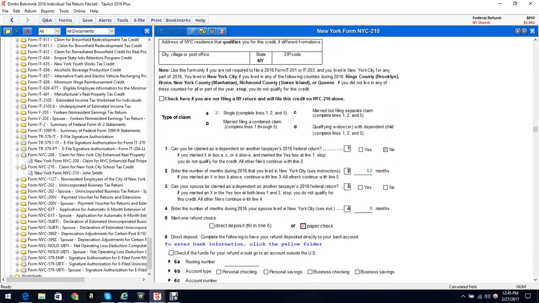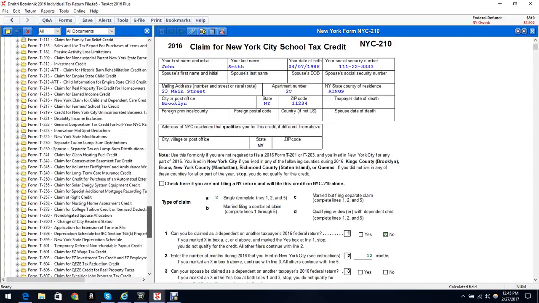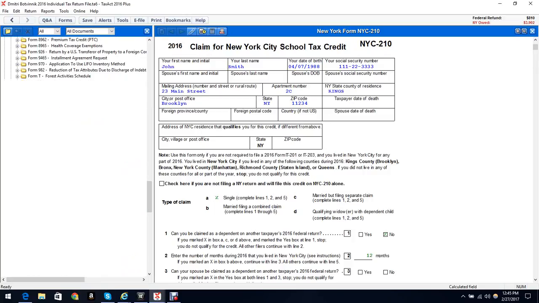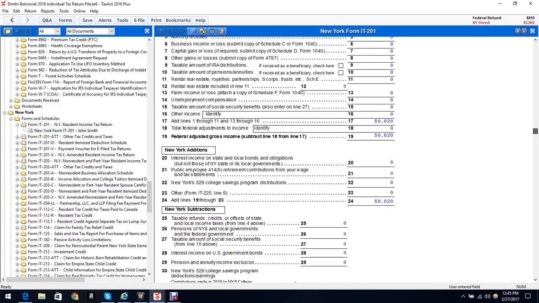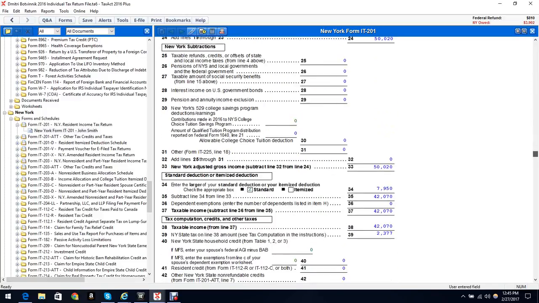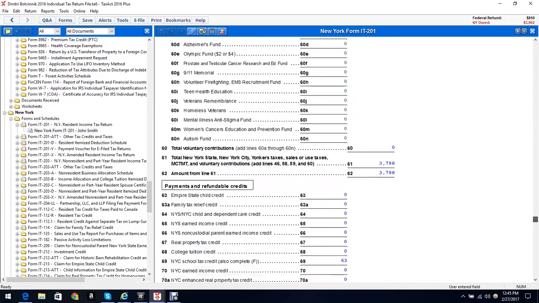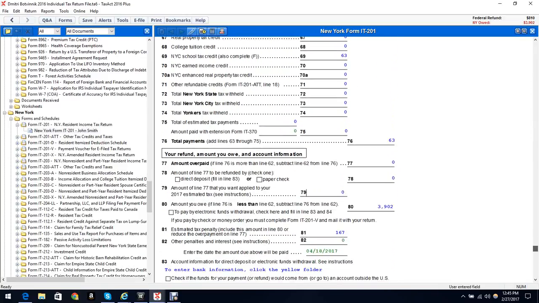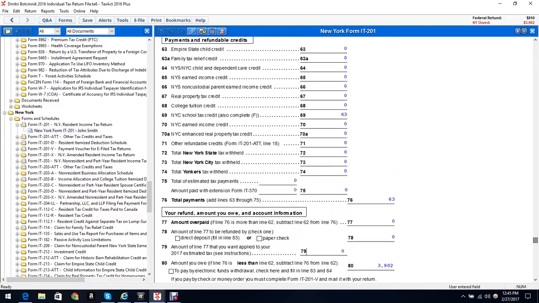to the IT201. So we're going back here. Okay, all the way down where we started. So basically, as we go through the form, we just add in the supporting documentation, as I told you. Okay, so we are back to the New York school tax credit here, for which we add in the NYC 210